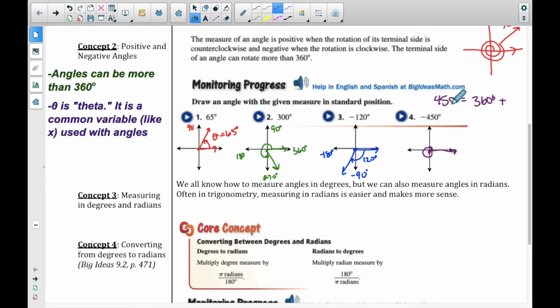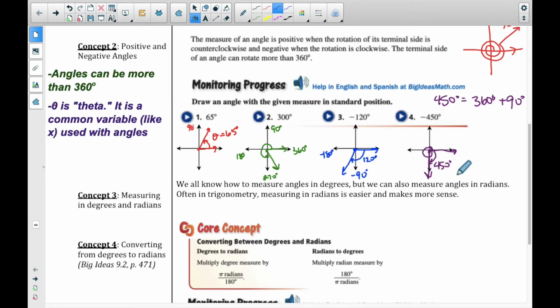But 450 degrees is 360 degrees plus how much? Well, plus another 90. So I went 360, and I'm going to go another 90. And this is going to be my 450 degrees. Looks kind of funny because it looks like a 90-degree angle, or maybe it looks like a 270-degree angle, but